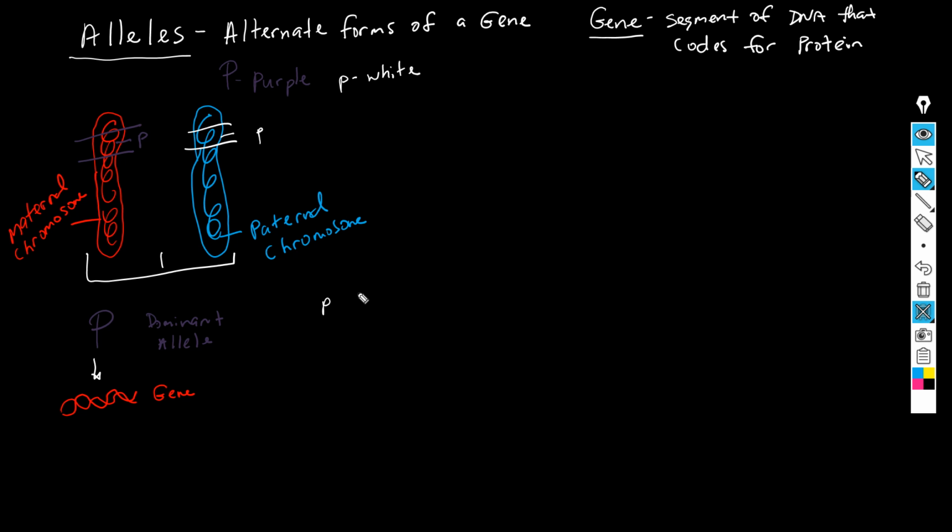The little p we'll call the recessive allele. What that little p is doing is representing a segment of DNA on the paternal chromosome, which is also a gene. If we look back up at the top, by definition, a gene is a segment of DNA